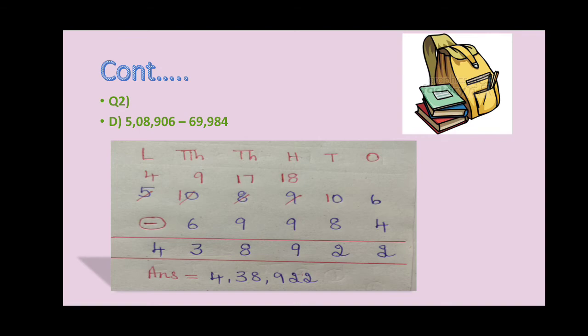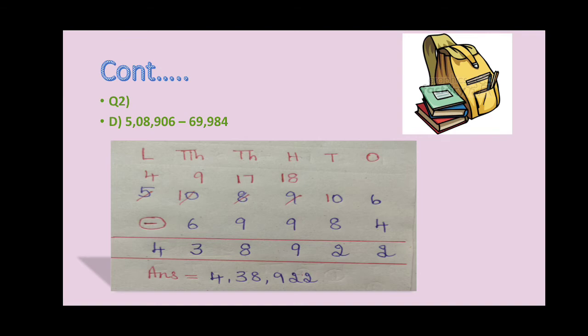69,000. So you have to start from 10,000's place. In the subtrahend, there is no lakh place. In the lakh place, you can put the symbol as minus, or else you can leave it empty also. That minus symbol you can keep aside. Absolutely, you can use this place to write minus. There is no wrong in that if you write in such a way.